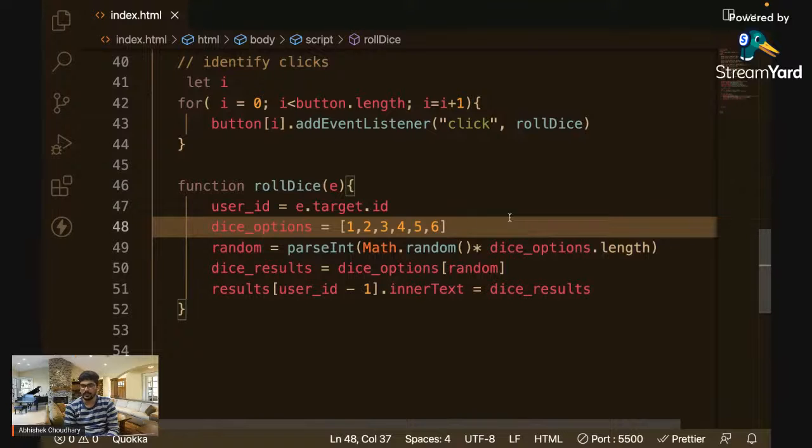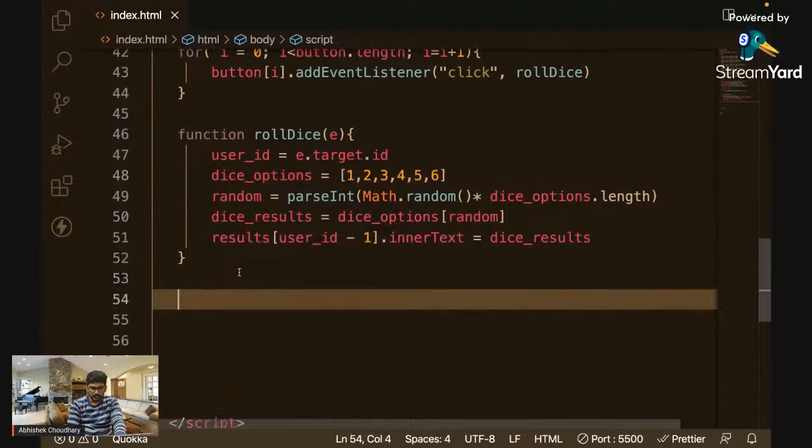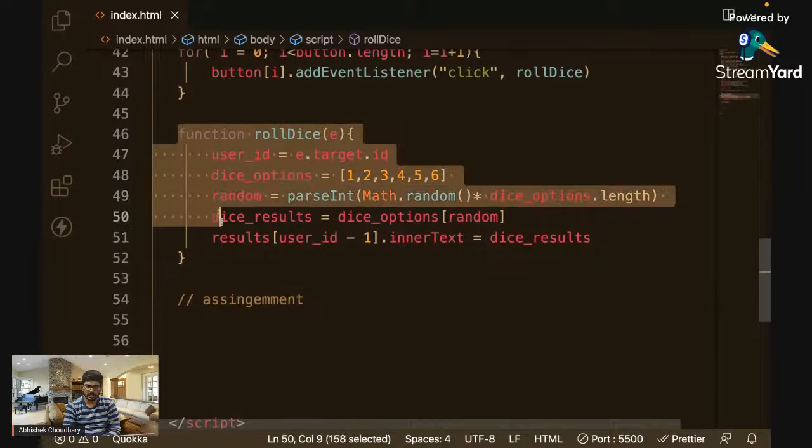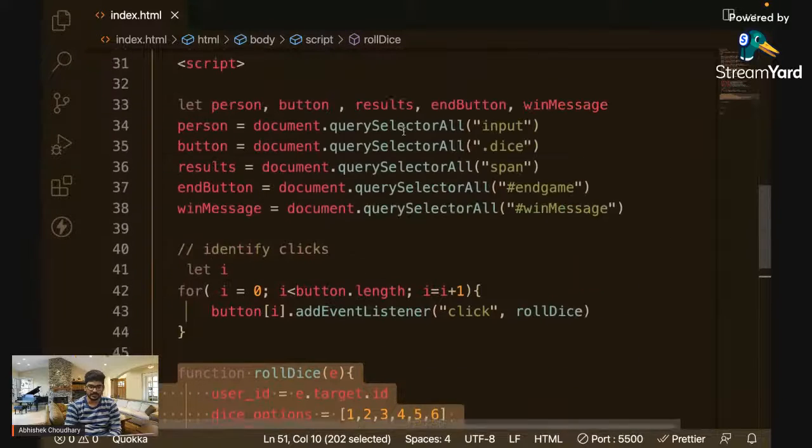GitHub, no? Okay. At UV, yeah. So now I will give you one small assignment here. What assignment do you basically need to do? I have done it for one button. Now what you have to do is, when you click on the second button, the end button,